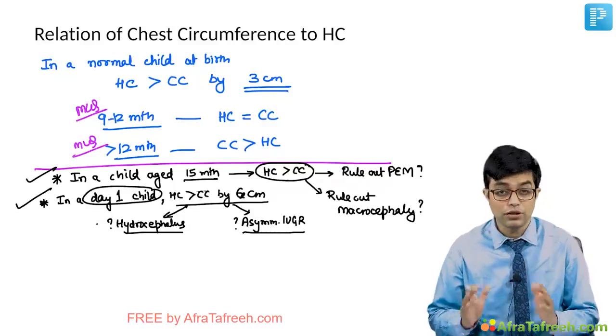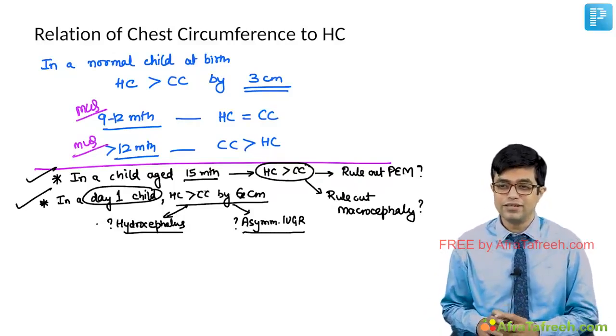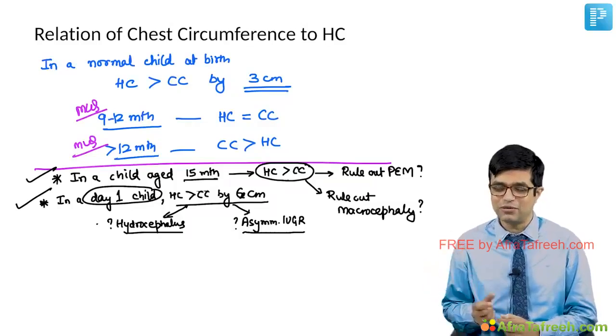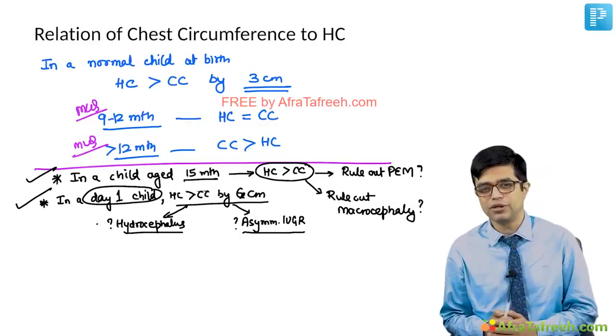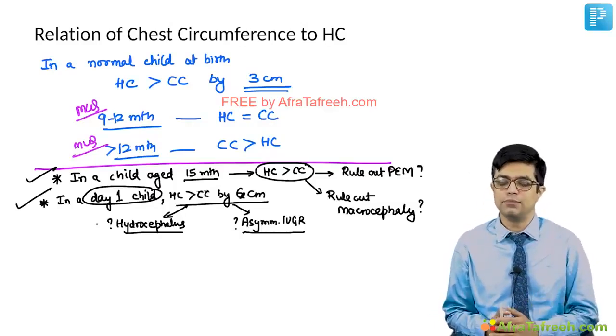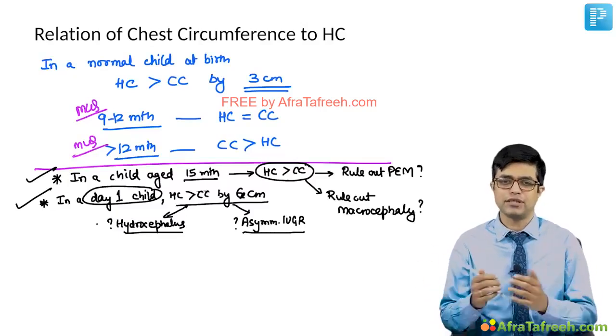So we have talked about the normal anthropometric patterns, normal growth and development, and just touched upon some of the abnormal values. In the subsequent modules, we'll be talking about the abnormal things, the abnormal nutrition and abnormal stature, height and chest circumferences.